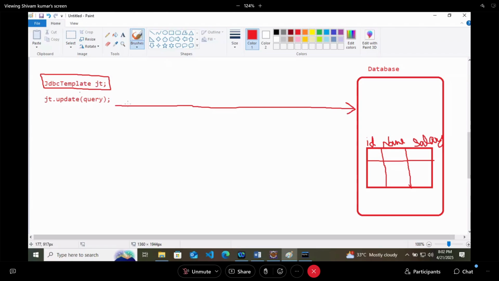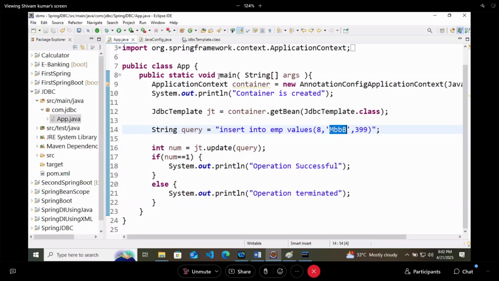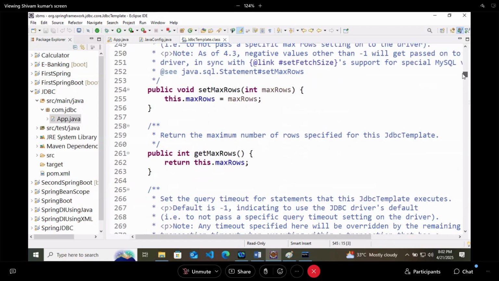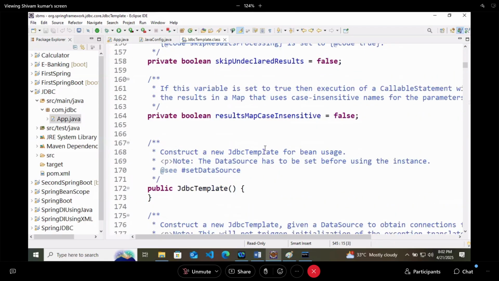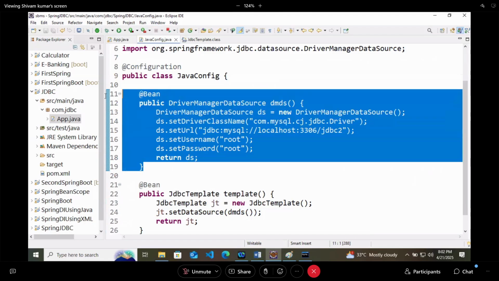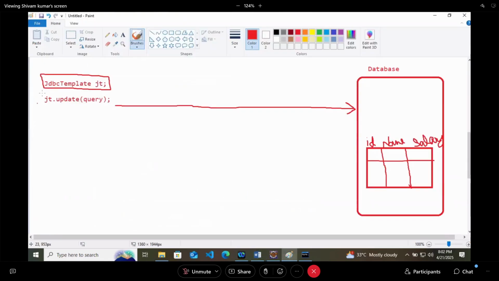Then this JDBC template is written in such a way that when you are creating the object of it, or whenever you are writing a bean of it, it will 110% ask you for one data source. And what is a data source? Data source is a connection with the database. So next time this JDBC template will try to update some values into your table.